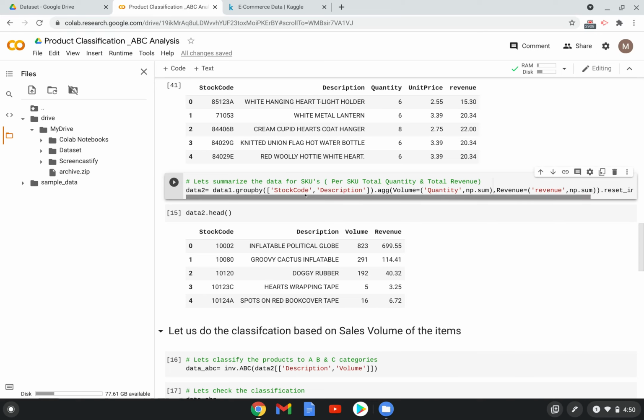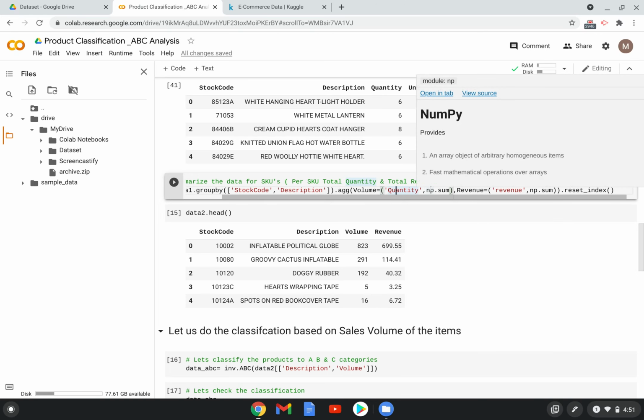In the group by, we are saying that we need stock code and description for these two columns, and we need to summarize the other columns like quantity and revenue. You can see here, group by stock code and description, then aggregate. This aggregate is a function, and volume is a new column which we are going to create. For this volume, we need to add up all the quantity, that is sum, using np.sum. Np is numpy.